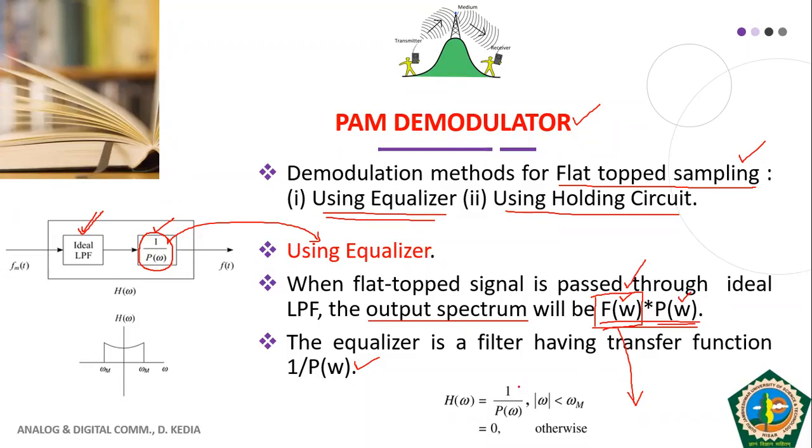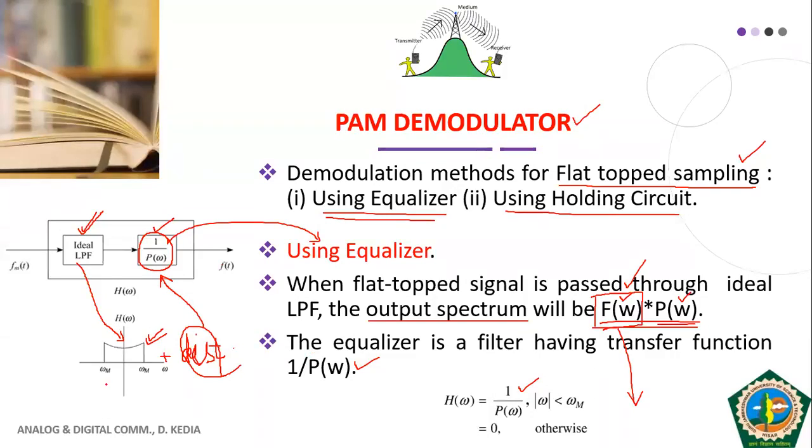Okay, so mathematically it is proved that we need to use the reverse transfer function, and this is the frequency domain representation for our original modulating signal, which we had also seen in the previous class. After passing it through the low pass filter, we'll get this plus distortion, and this distortion will be removed by the reverse transfer function, or you can say the equalizer, like this. I hope all of you have understood this PAM demodulation using an equalizer.